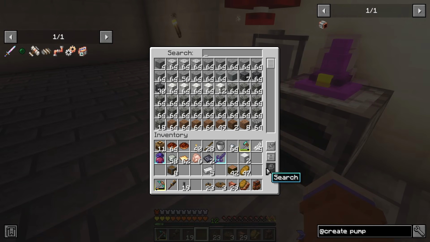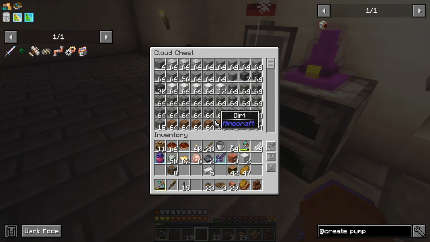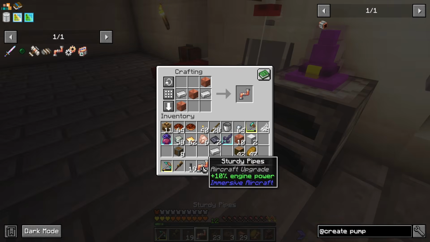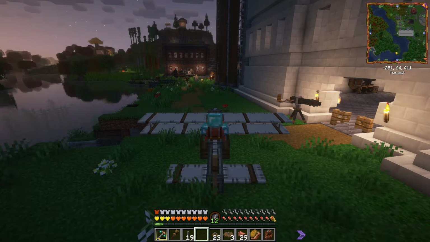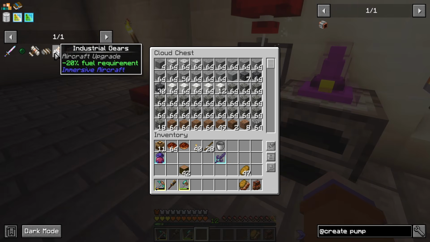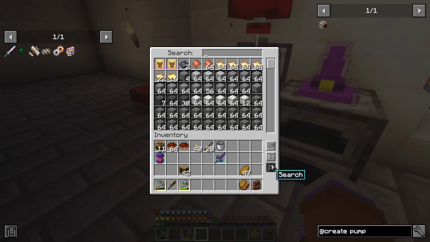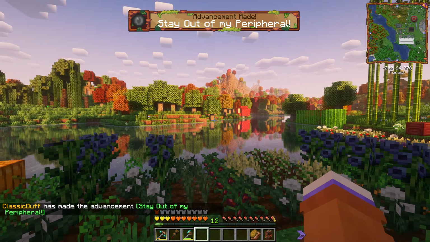Sturdy pipes, that would actually be okay, because it's cheap. And this is 10% engine power. Can we have multiple? Because we're going to lose 20% engine power. I don't know, let's waste some copper if that's not the case. Yeah, you cannot. Okay, alright, that was a waste. That's okay. Industrial gears, that's pretty straightforward as well. We don't have iron sheets on us. Let's just go and eat up more iron sheets. Alright, let's get some of them. Getting a little bit low on iron. Oh, I just threw...